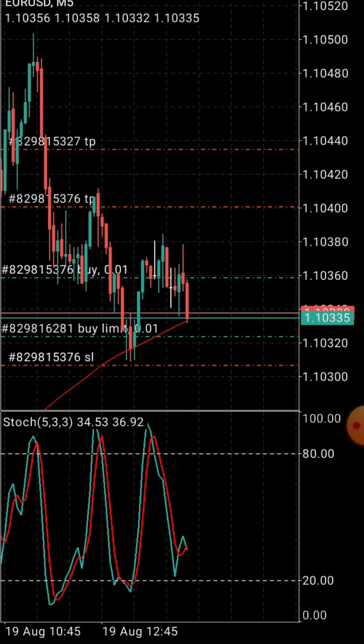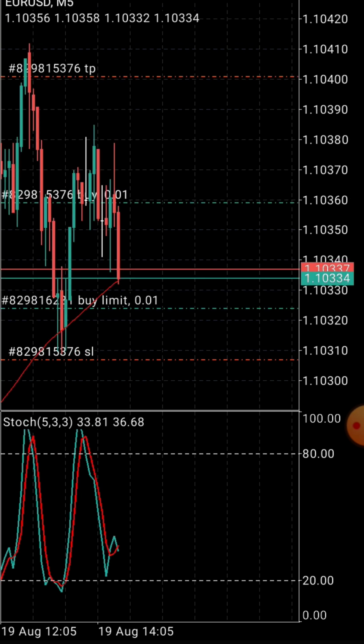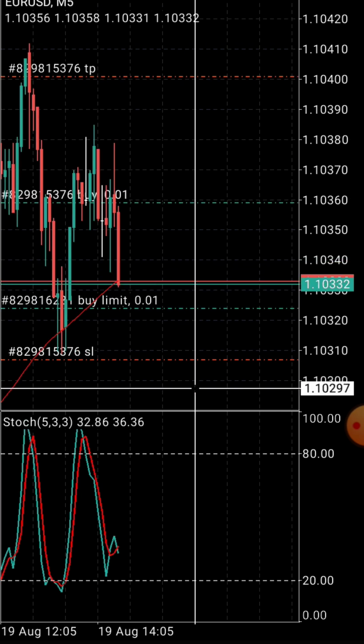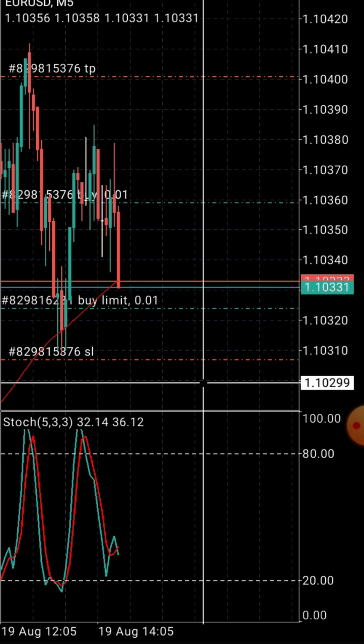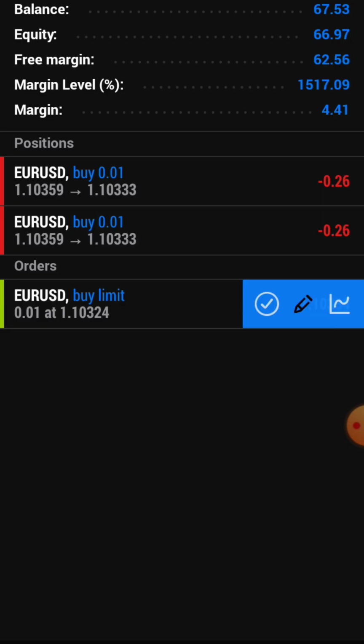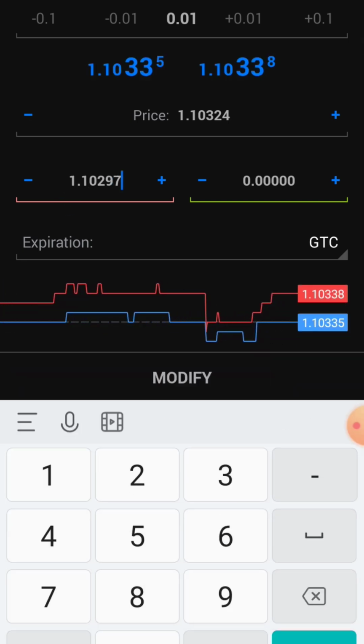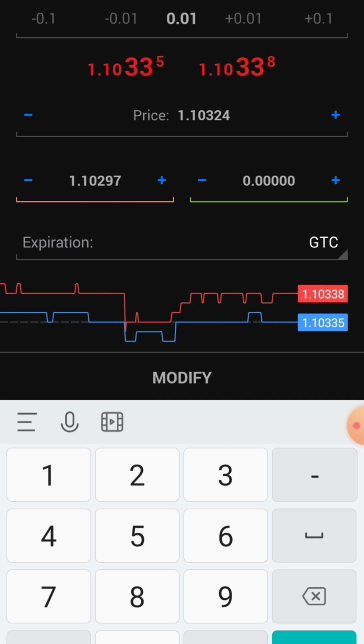If you want the SL and TP for the buy limit, then you can do it. For example, I want my stop loss here, 1.10297. I want to apply my SL here, so you can do it. So I have placed my SL for the buy limit.